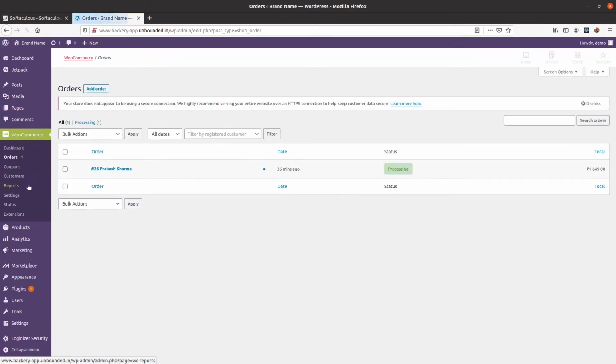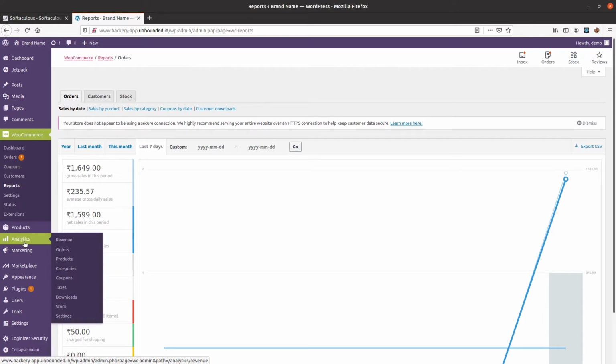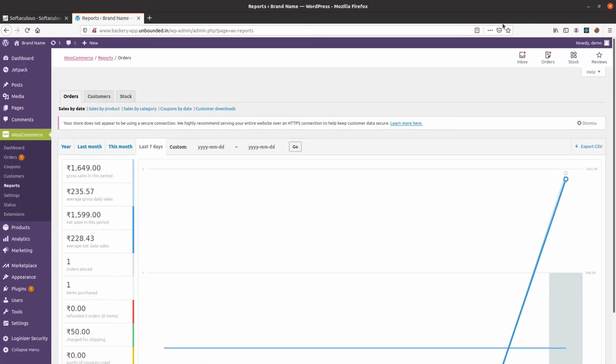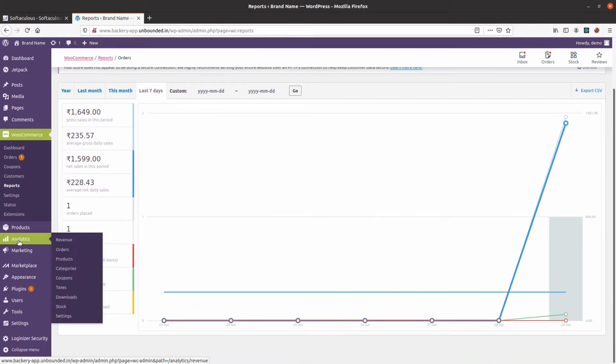We've also seen a little brief introduction to how the reporting of your sales or the orders will come at your admin screen, but there are more analytics to it, which is in-depth analysis of all your website sales and all. So let's discuss that front as well a little bit. So let's dive into the analytics section.